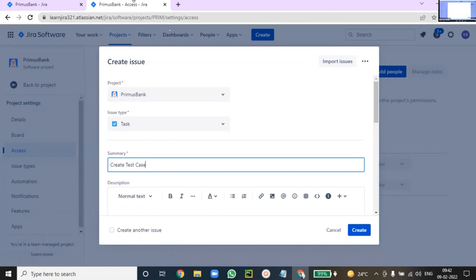Create test cases. Test case are not two words. It's a single word. Test cases for new branch creation, new branch registration. This is the task summary. Give the description